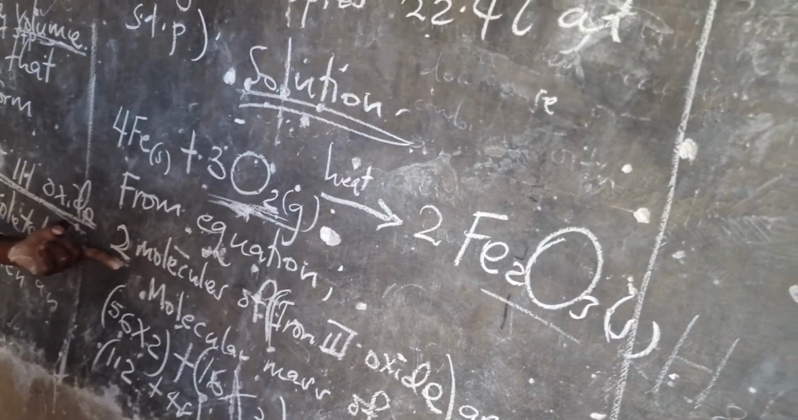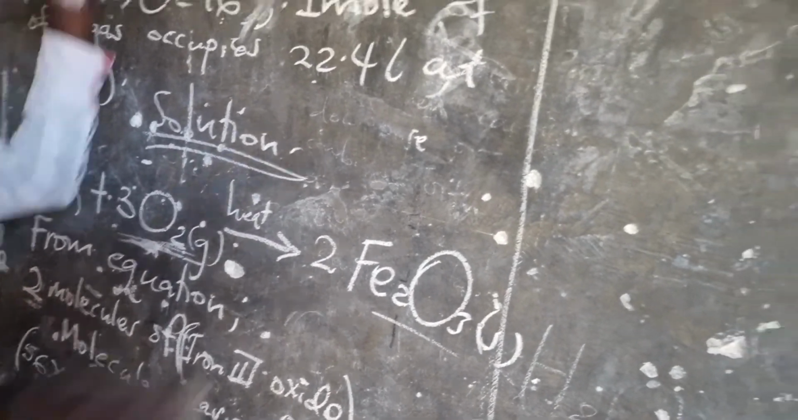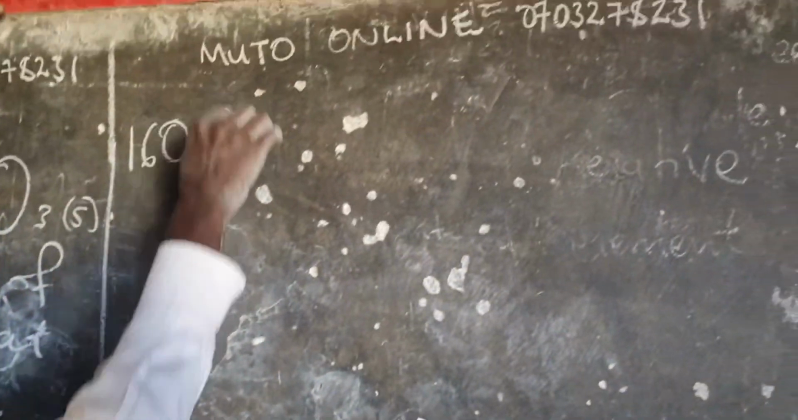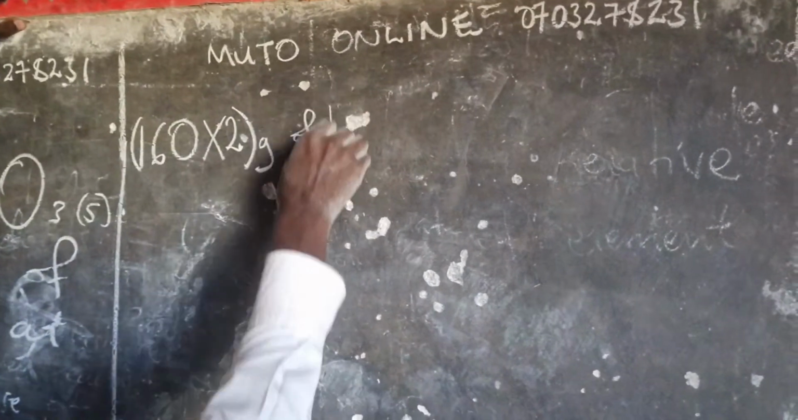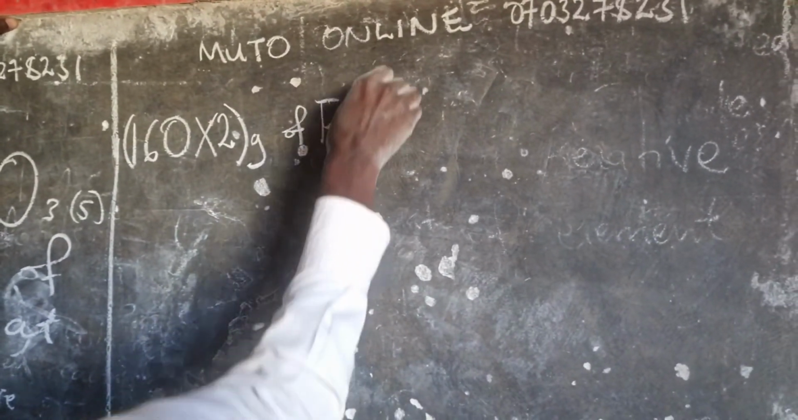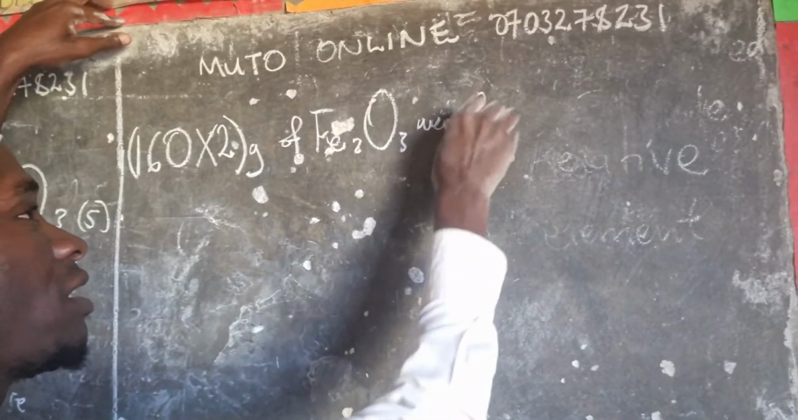What are the number of molecules of iron 3? They are 2 molecules times 2. And these are grams of iron 3 oxide were formed